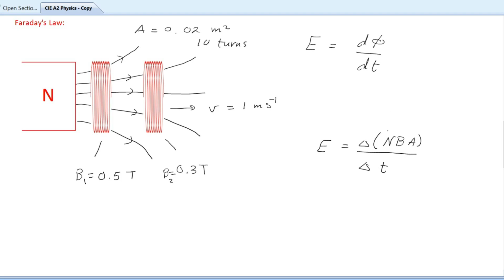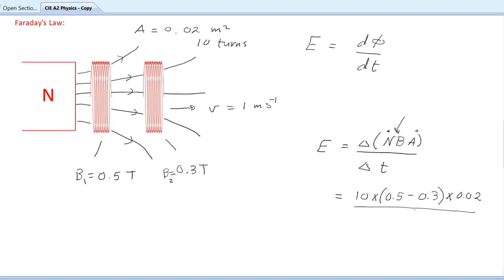Notice that the number of turns did not change, the cross-sectional area did not change, only the flux density changed. So we write this equation as N, same, 10 multiplied by 0.5 minus 0.3, that's the change in flux density, multiplied by the area, which is 0.02,